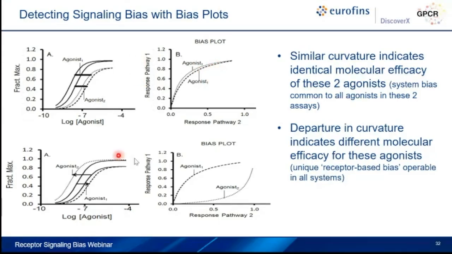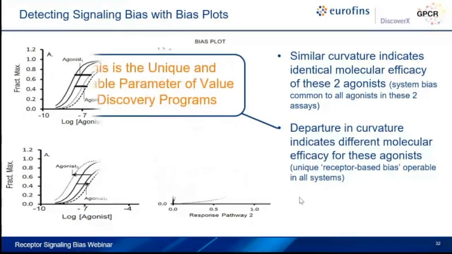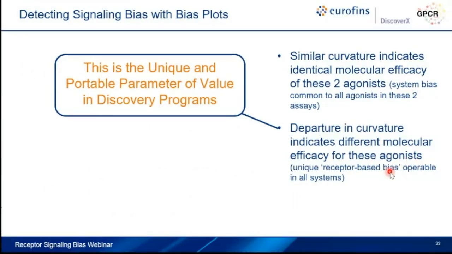However, if you see a departure of the bias plots, this is telling you something real. This will be carried on in every cell type you study. So what you are trying to see is a departure of your bias plot. Once you have that, that's a compound which you might want to quantify, but in any case, you've identified